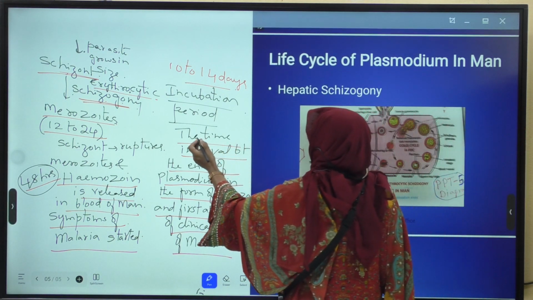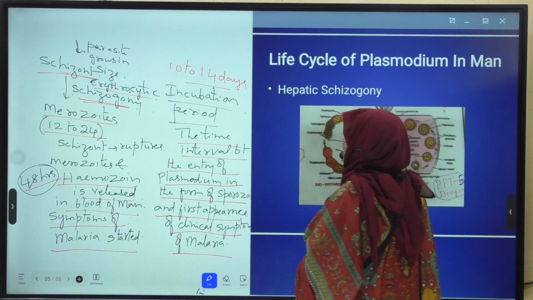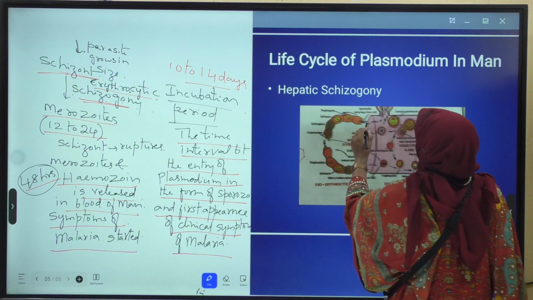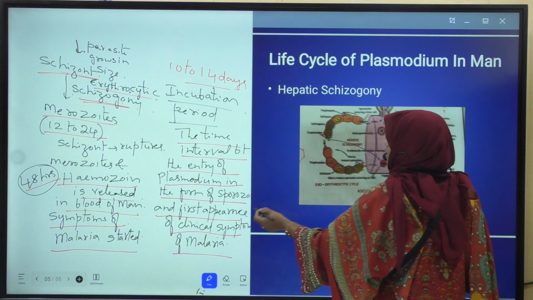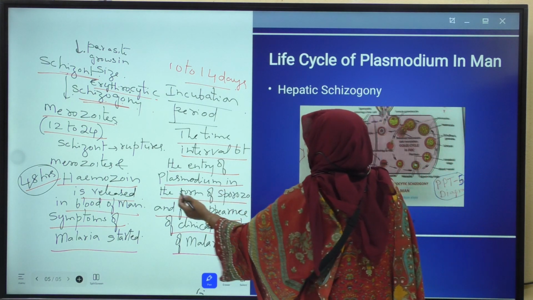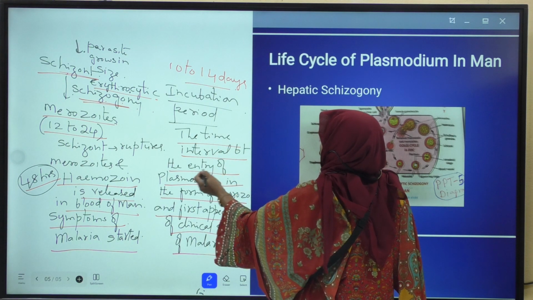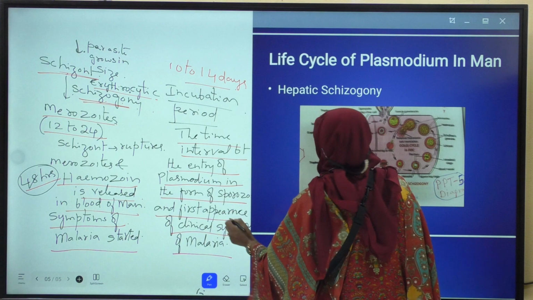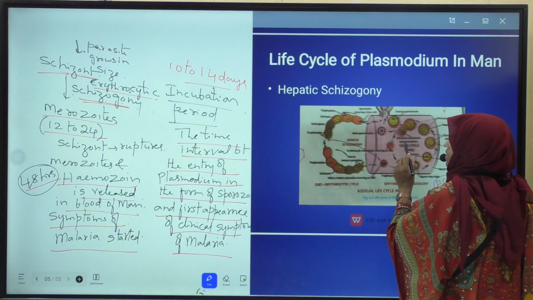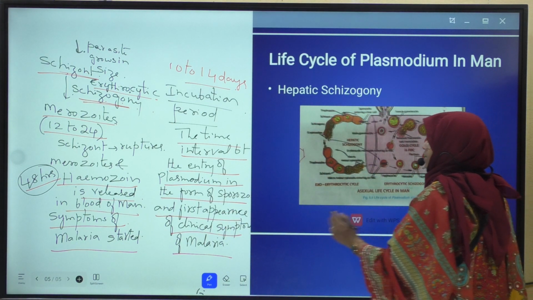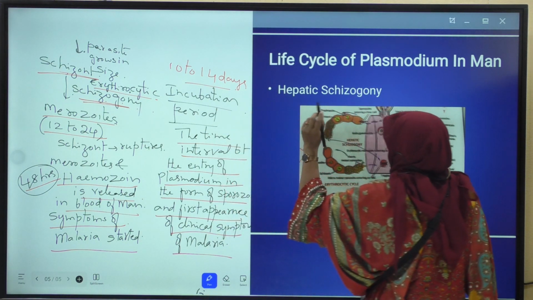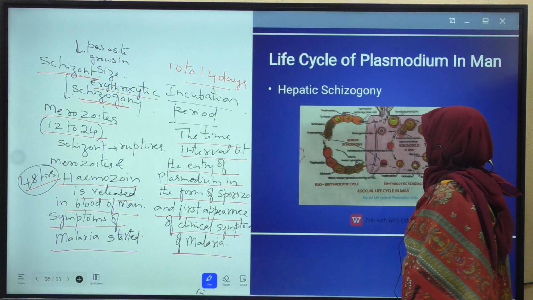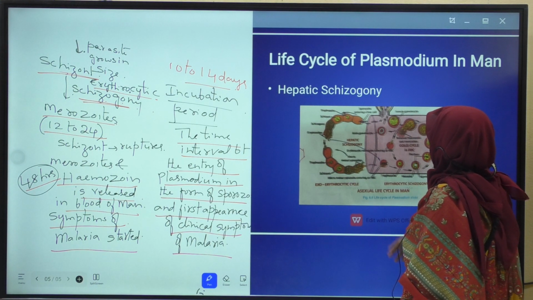What is incubation period? The time interval between the entry of Plasmodium in the form of sporozoite and first appearance of symptoms of malaria is called incubation period. Its duration is 10 to 14 days. Now these merozoites